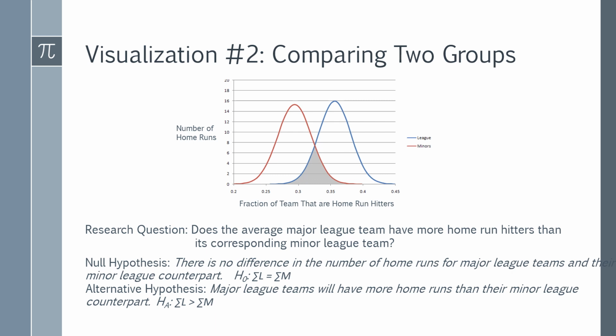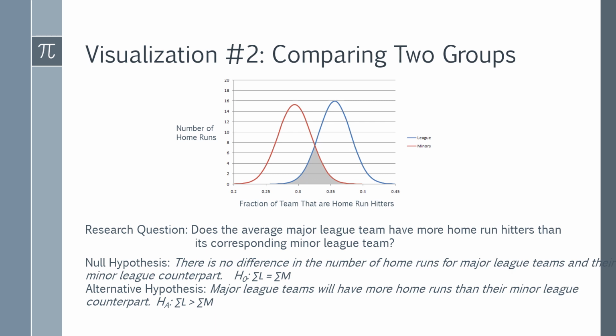Our alternative hypothesis could be written as, major league teams will have more home runs than their minor league counterpart, or the sum of home run hitters for major league teams will be greater than the sum for minor league teams. If you look at the visualization,